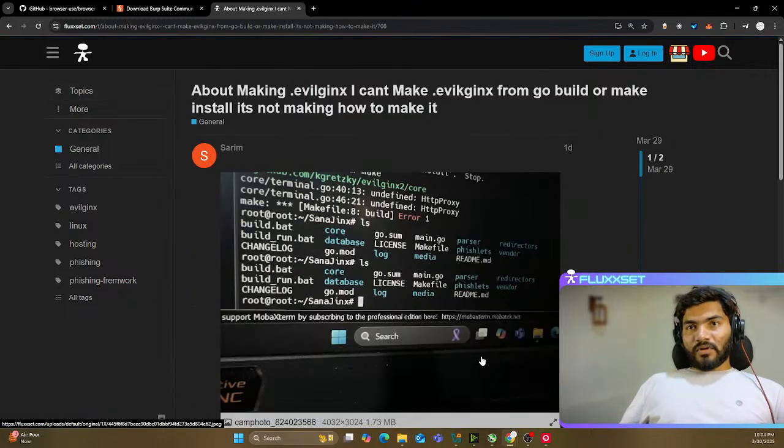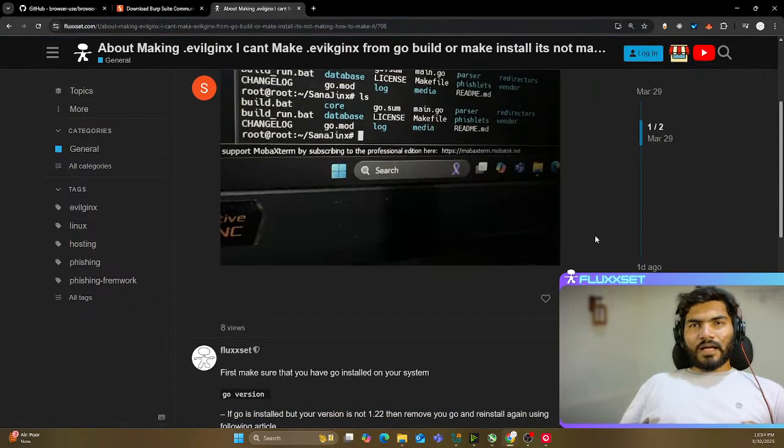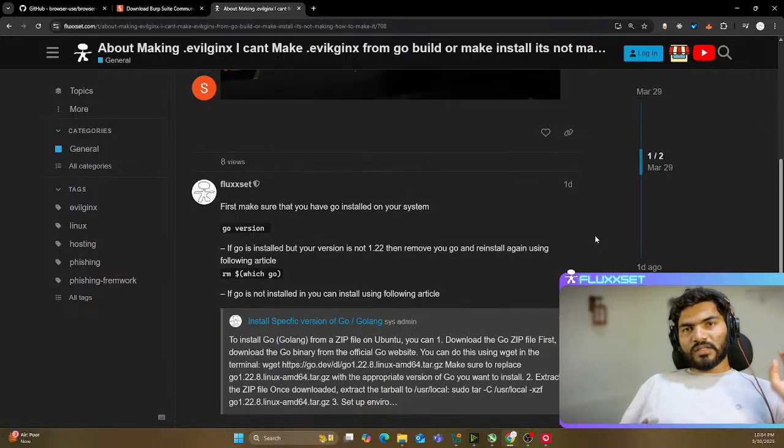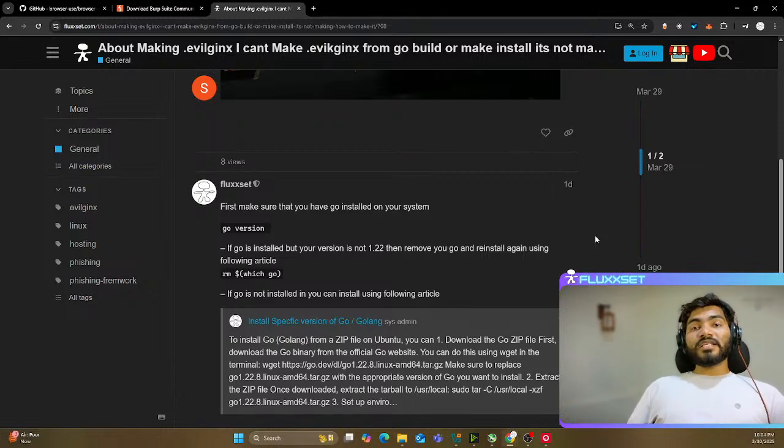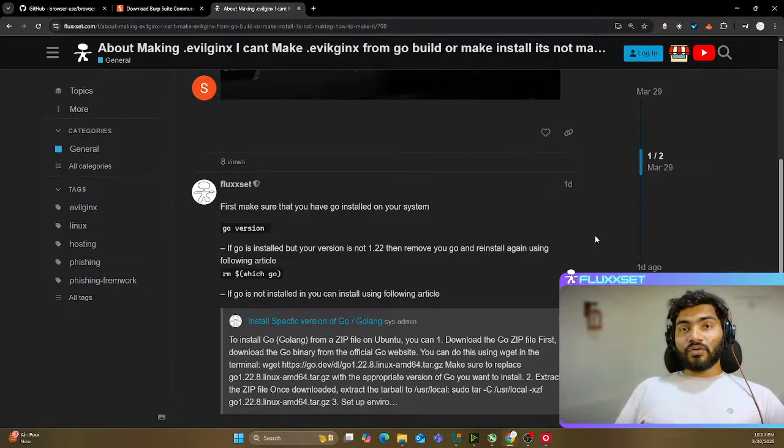Let's talk about this particular question. This person has got some source code from somewhere, and right now he's trying to modify that source code and add some of his own stuff into it. By the way, I'm completely okay with that. The problem he's facing is that he doesn't know exactly how to build it.